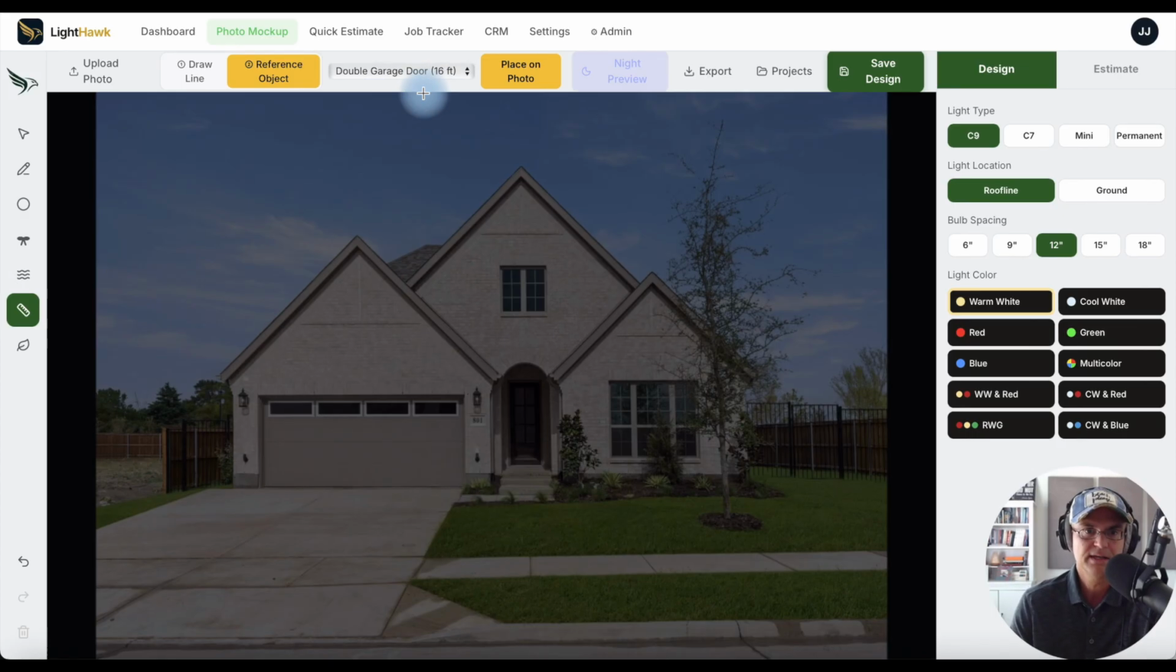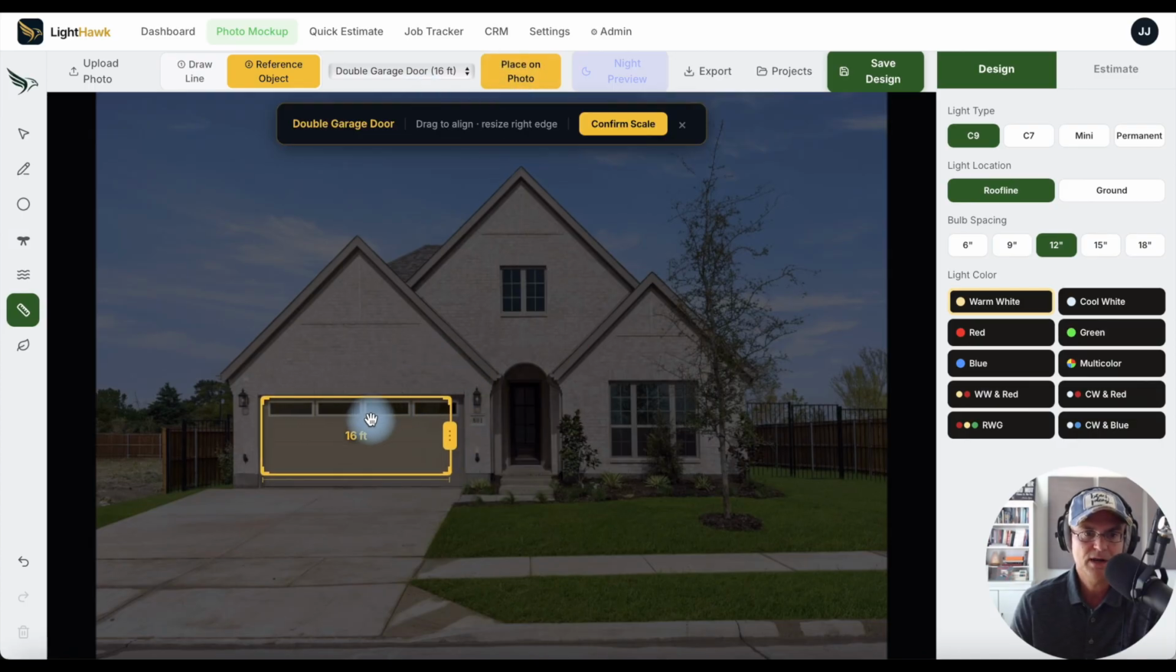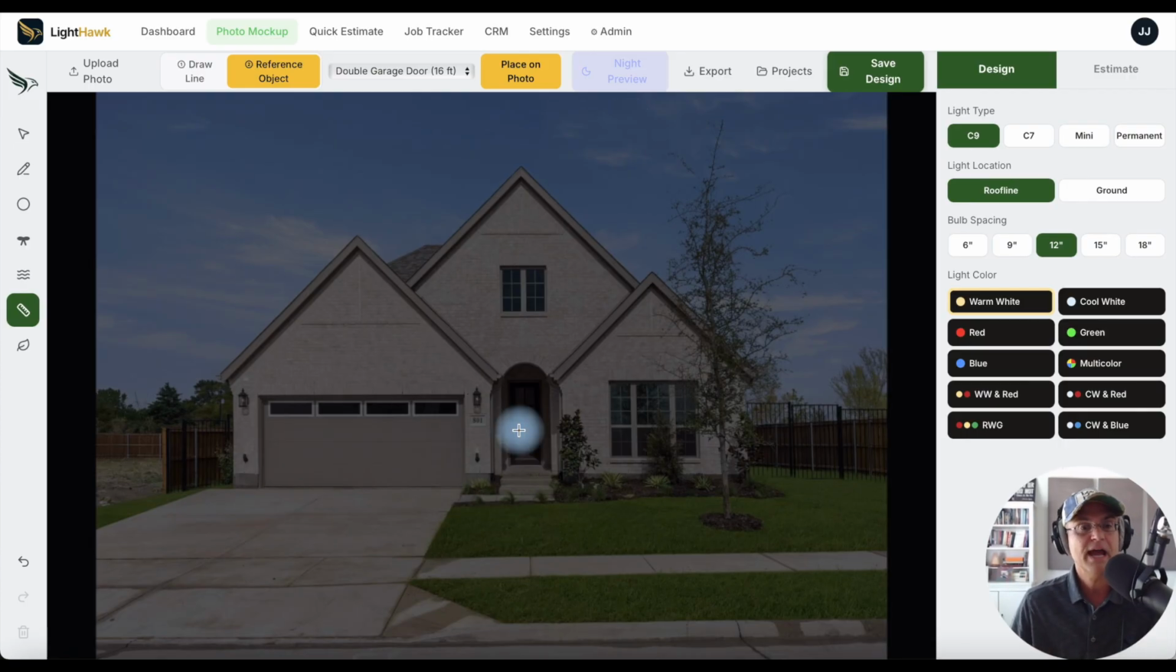Okay, so let's try that. 16 feet, place on photo. I'm going to put this right over here, and I'm going to adjust this just a bit, confirm the scale. Again, either one of those you can use. It does not matter. Okay, so now that you've set your scale here,